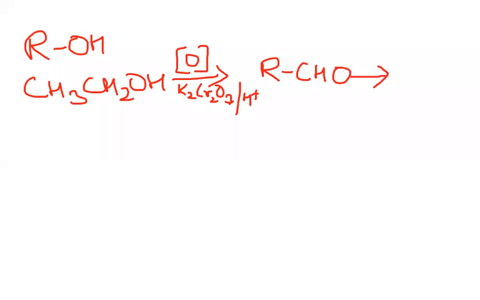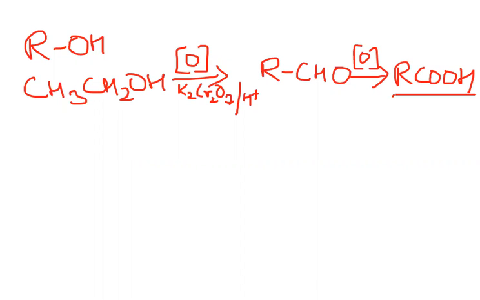On further oxidation with the same reagent, if you don't remove the compound at this stage, or if you use some other reagent like Collins reagent, then the reaction will stop at RCHO. But if you don't use it, then the ultimate oxidized product that you get is the acid,